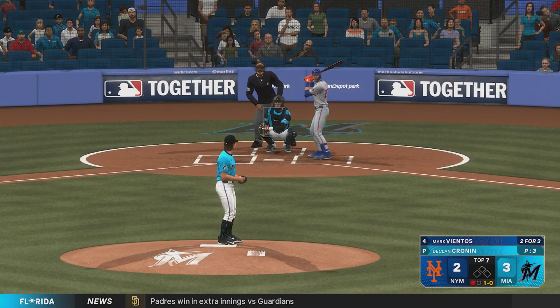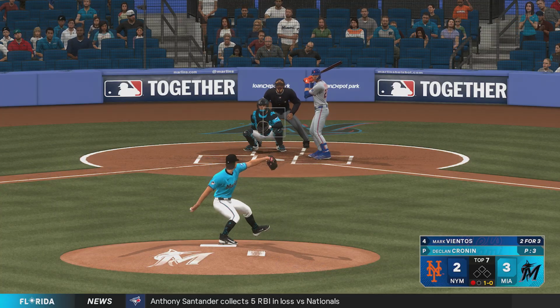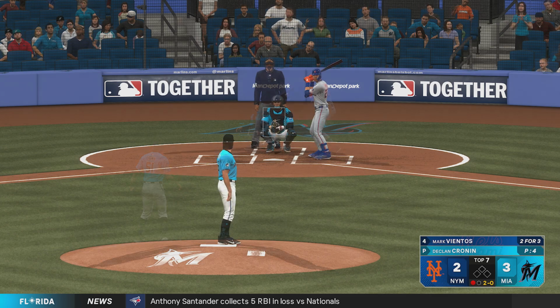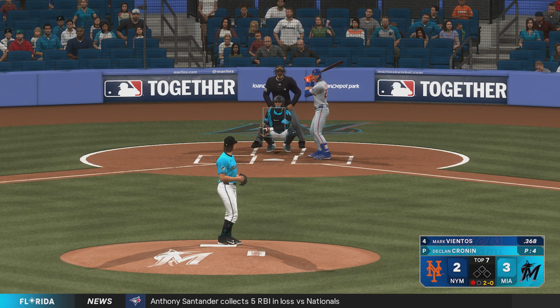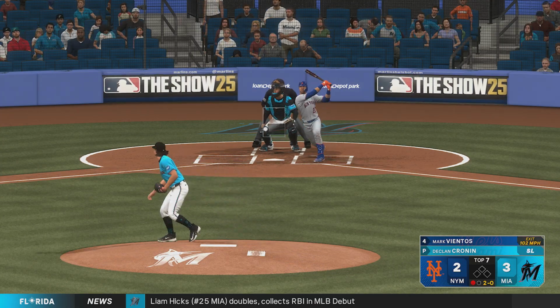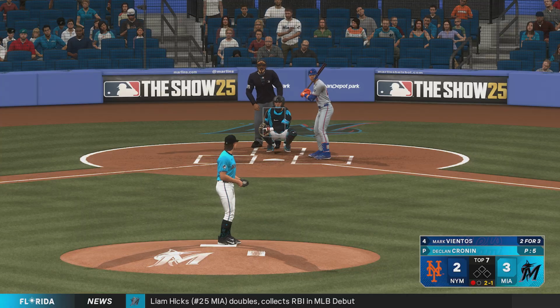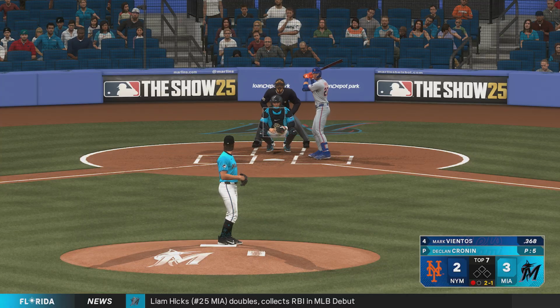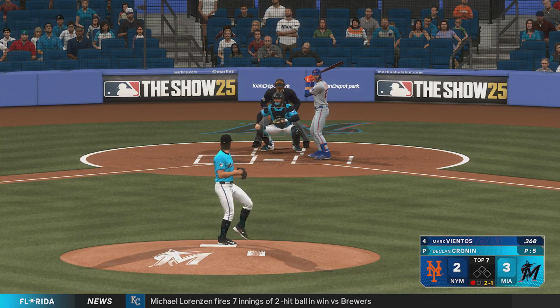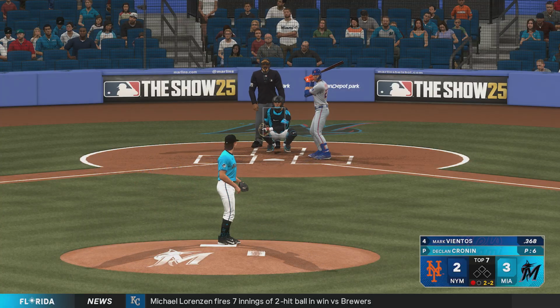Trying to hold a 1-run lead here in the top half of inning number 7. And that's down and away. He's clearly trying to work him away here. Both pitches off the plate. If you really want to put the ball in play, you're going to have to stay back and drive it to the opposite field. Looking to get the tying run on base. Check swing, and he went. That's strike